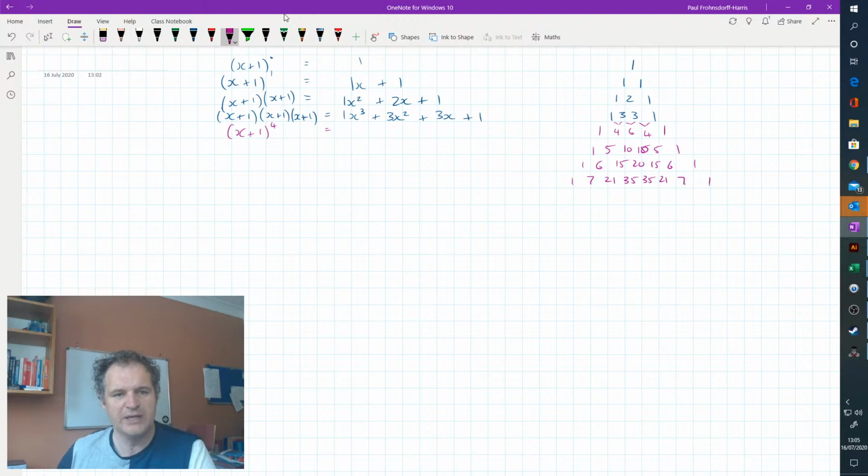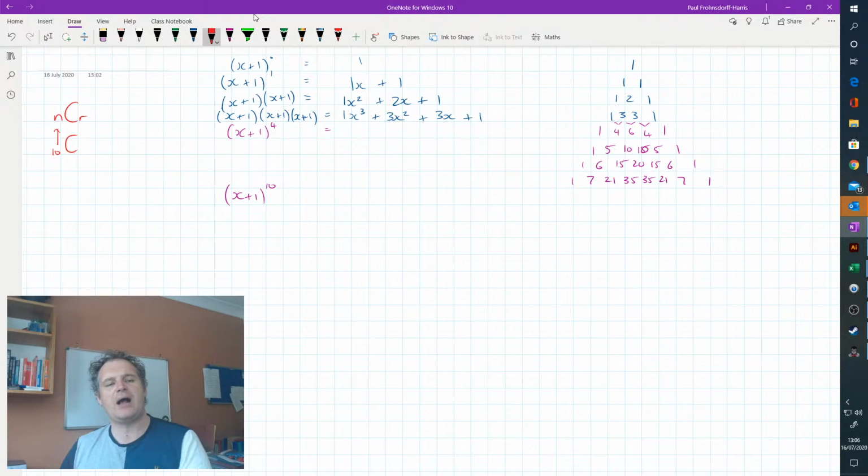But it would be useful if we wanted to do, for example, x plus 1 to the power 10 to not have to build the entire table. So a method of getting these numbers is useful. And to do that, we use nCr on the calculator, which is going to be the number which is the power, so in this case 10, and then C, which stands for combinations or choose. 10 choose 4 would be,